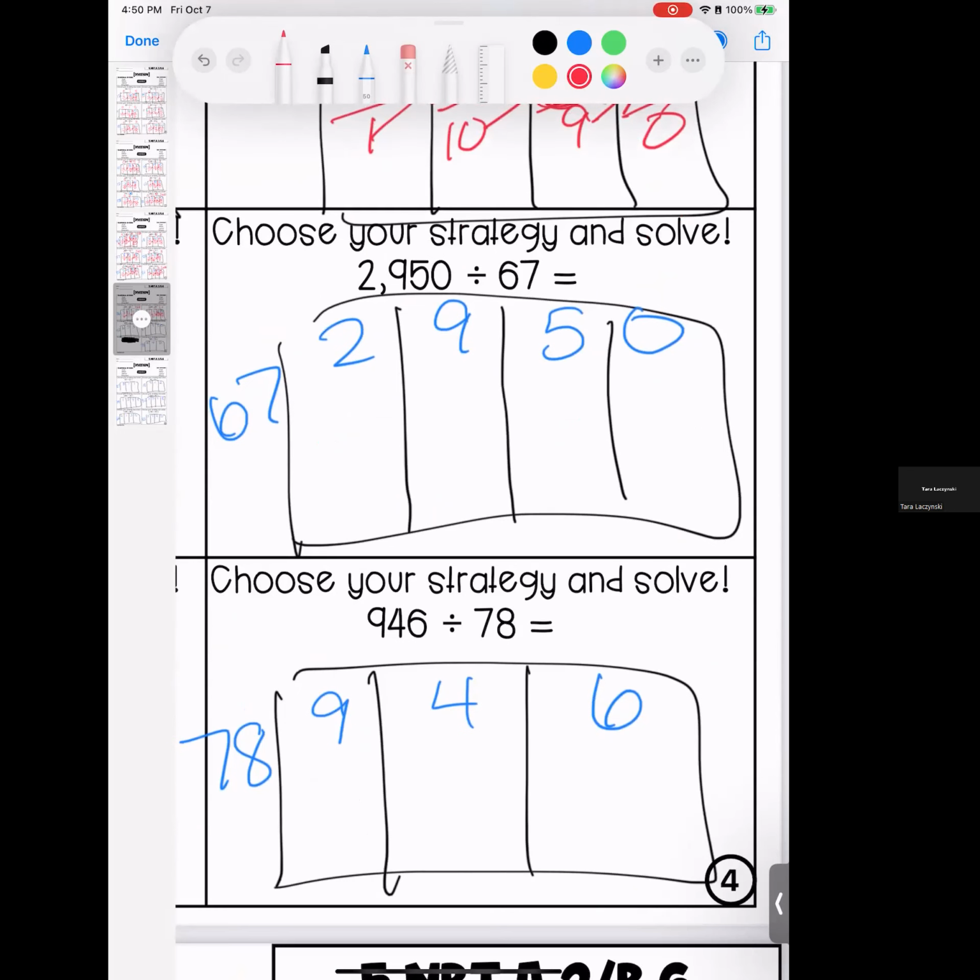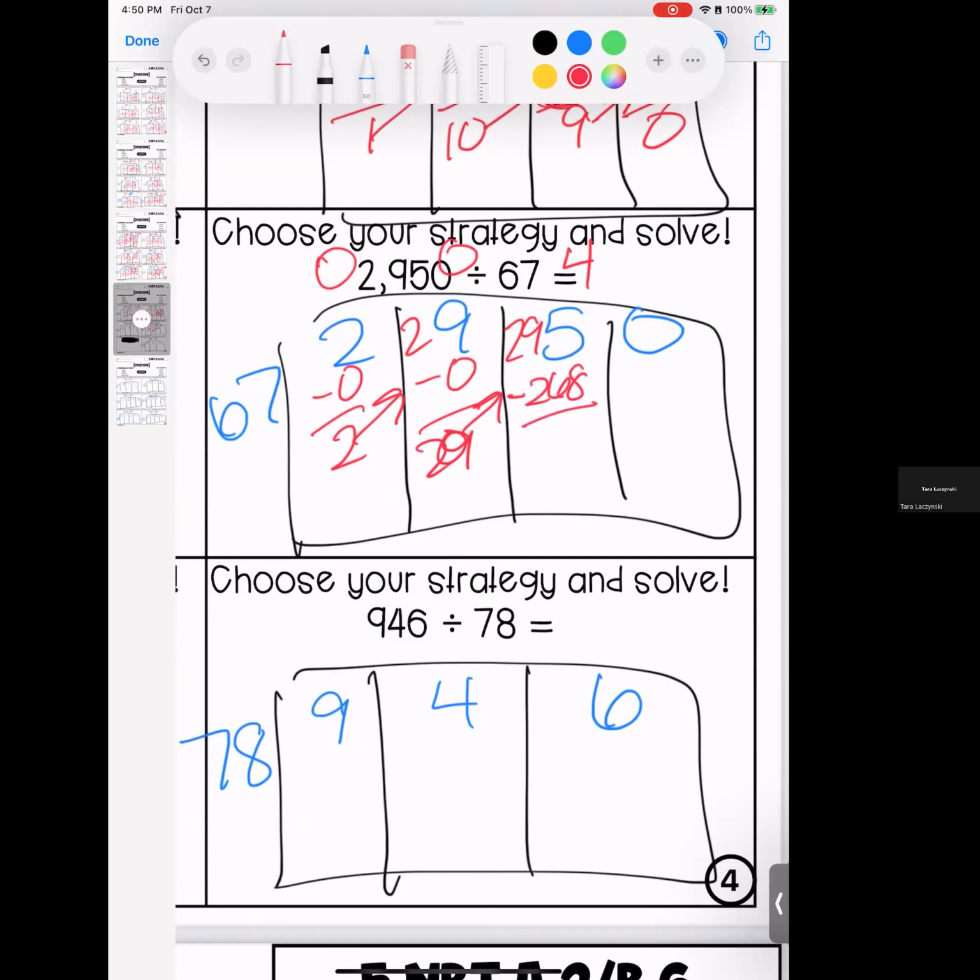All right, this time we are dividing with 67. We're dividing it into 2,950. It does not go into 2. It does not go into 29. But it does go into 295. The closest we can get is 4 times. When I subtract that,